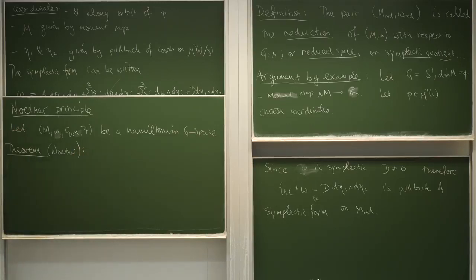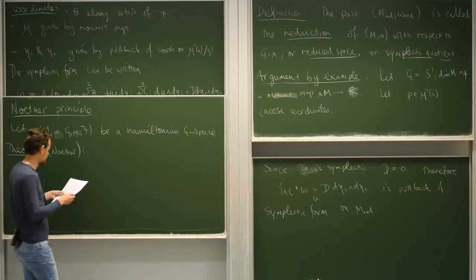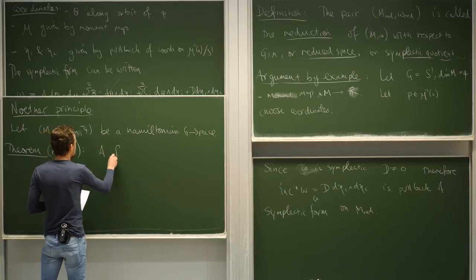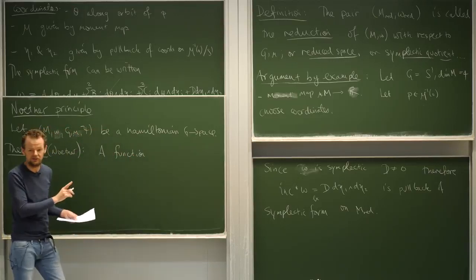So we assume we have a symplectic manifold, which is phase space, with a symplectic action of a compact Lie group G, a corresponding moment map mu, and the actual action itself. Suppose we have such a thing, then Noether's theorem says that a function, which you should think of as a conserved charge,